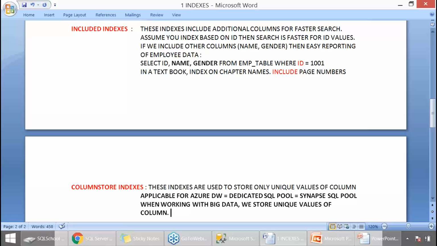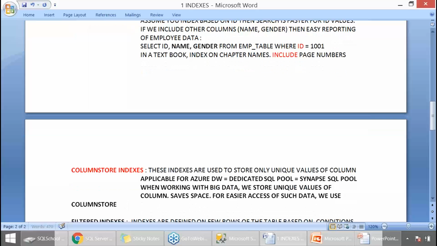Our gender is stored only once. There is no point in storing it again and again. You roll it up, you store it only once. Saves lot of space. Then for easier access of such data, we use this column store index, remember.